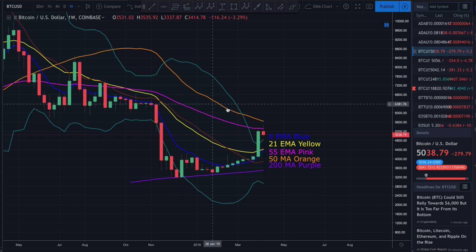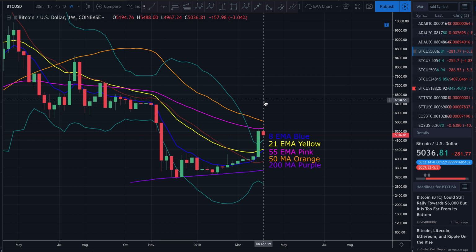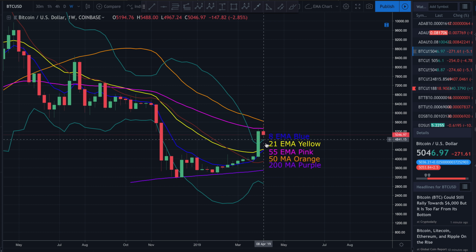This 50-day moving average will likely act as a decent resistance, as we can see right here as it has. Again, when will I start to get bullish? A break above the 50-week moving average. We're on the weekly chart, the 50-week moving average. As soon as we break above it, and that starts acting as support, not just a wick above, I'll start to get extremely, extremely bullish. But until that happens, guys, I want to make sure that the